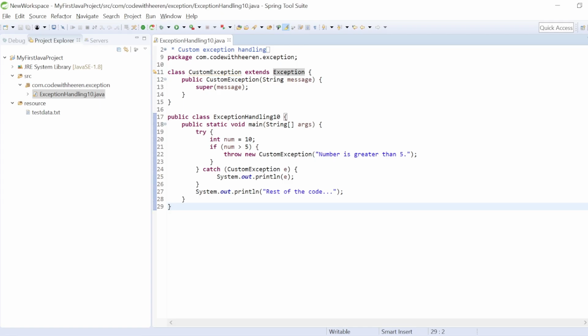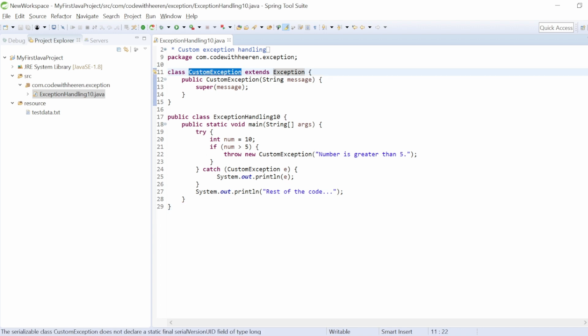Let's better understand this with this implementation. I have a custom exception class which I am extending with the Exception class. As I told you, you can extend your custom exception class with any existing exception class, but make sure of what purpose you are going to use your custom exception. Whether you want to use it as a runtime exception class or as a checked exception, then accordingly you have to extend your class with some